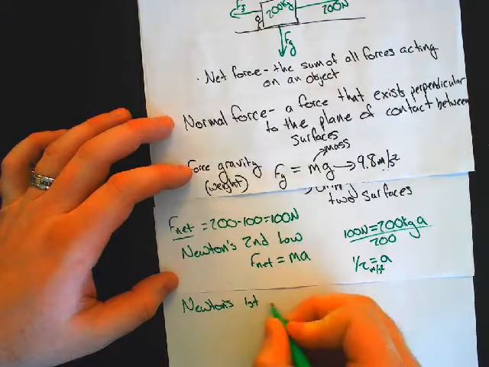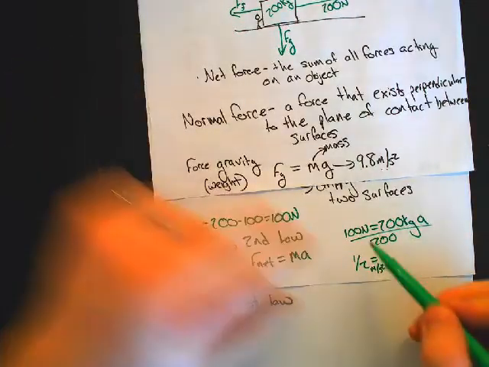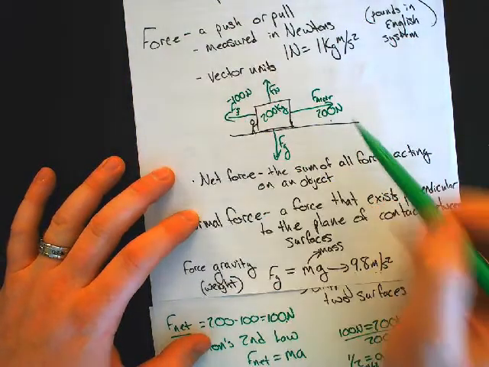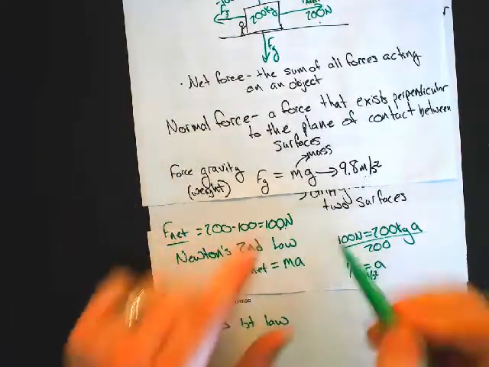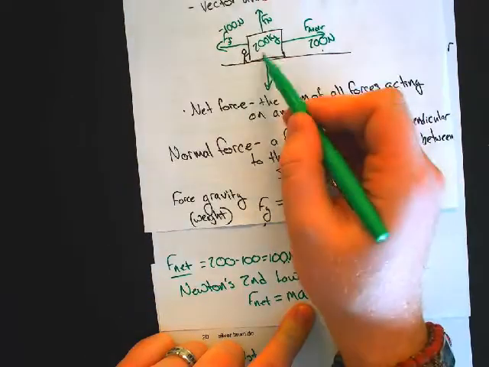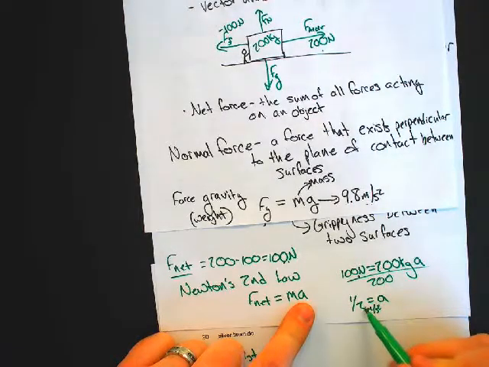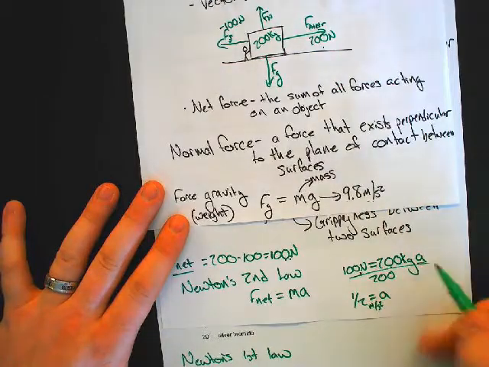Sure. So she asked about how to get to this acceleration. She said that we got that the net force was 100 newtons because we had 200 minus 100. Net force is the sum of all the forces acting on an object, so we had 200 minus 100. We get 100 here. Since we know that 100 is the net force, Newton's second law says that equals ma. 200 is the mass. Divide both sides by 200. 100 over 200 is 1/2. A half meter per second squared is the acceleration. In this scenario,